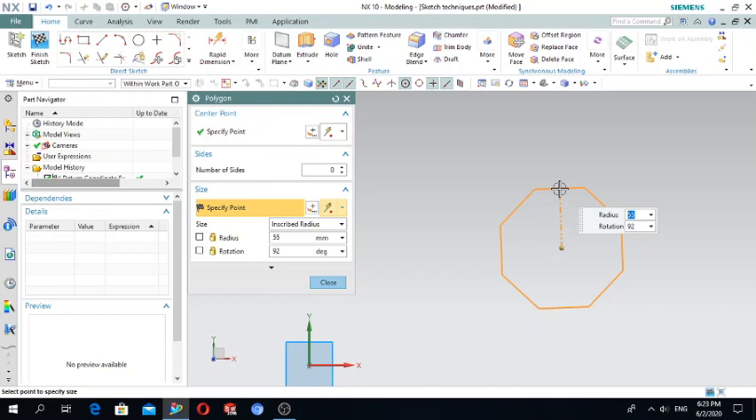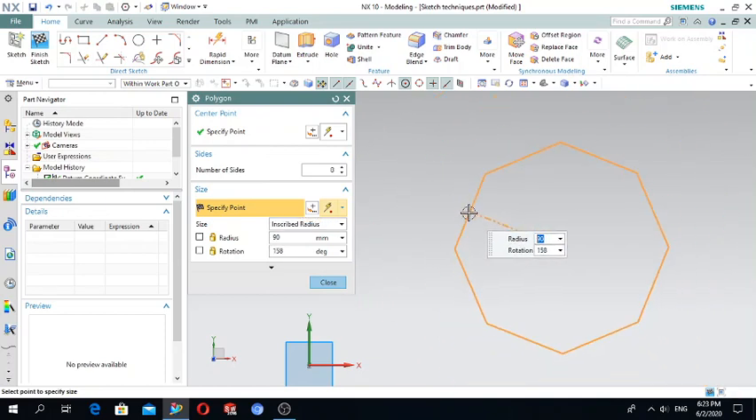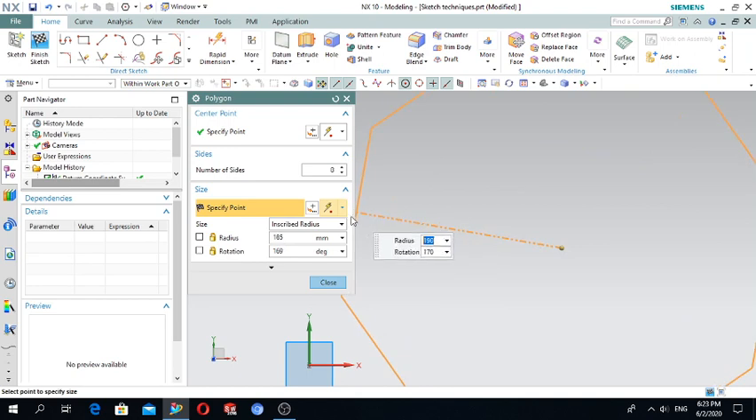Now you have to define the size of the polygon. On the dialog, the size menu has 3 options to define the size of the polygon. Here in the size, we have 3 options. The first one is inscribed radius, the second one is circumscribed radius, and the third is side length. For example, if you select the inscribed radius, the pointer will be at one of the flat sides of the polygon. If you select the circumscribed radius,